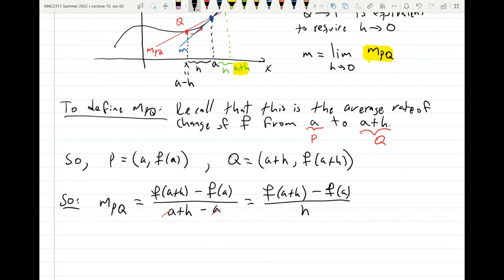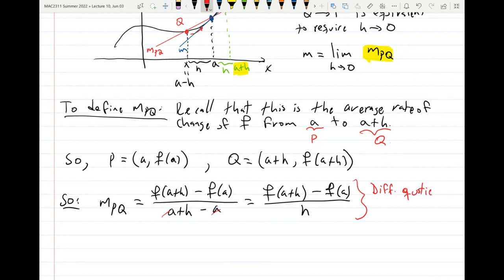If I now replace a by x, this is nothing more than what we call the difference quotient. And remember, the difference quotient was a function whose job was to keep track of the slopes of all possible secant lines that you can have on the graph of the function. So this right here, make a note, is just the difference quotient of f